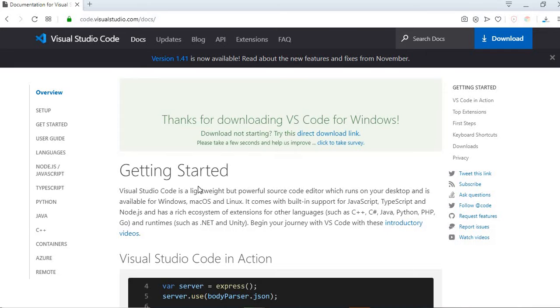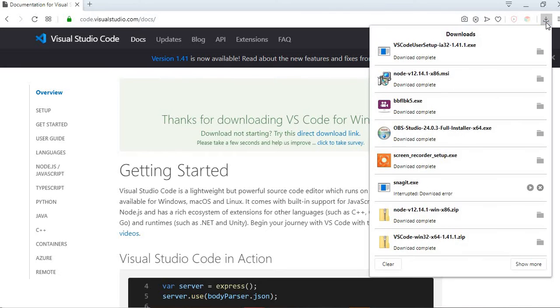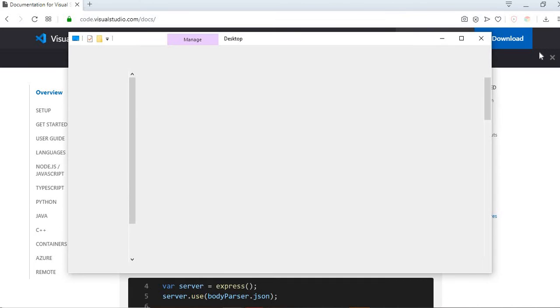I have given my desktop as the place, and you can see the Visual Studio Code would get downloaded. Once the download is complete, you have to open that in a folder and double click the